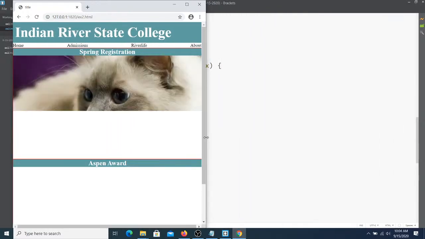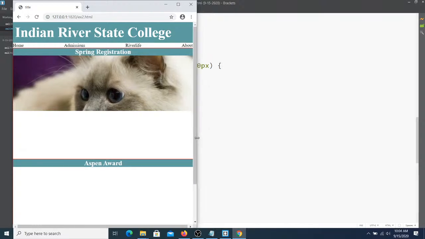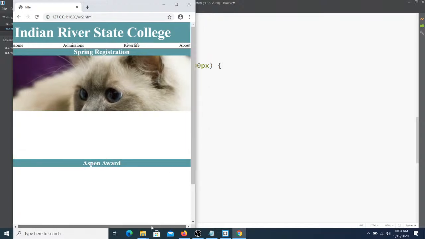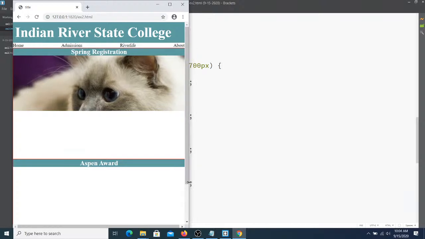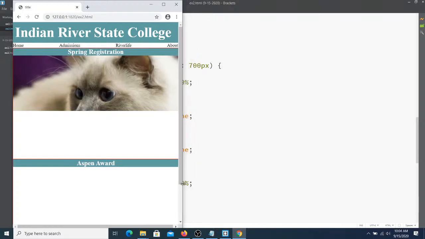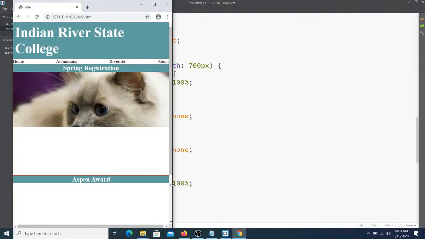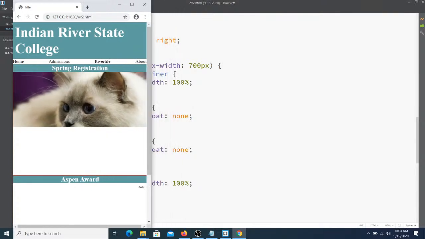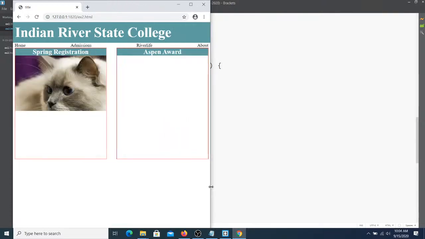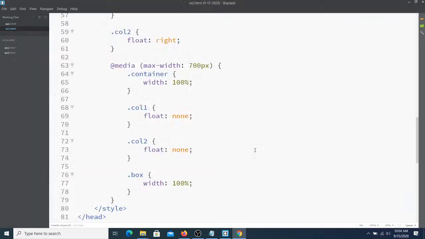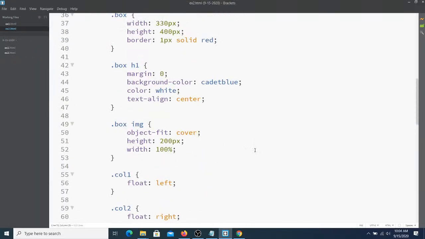And then notice that it still has some scroll bars left and right because we've probably got some stray pixels that we could fix, if we really wanted. It looks like the red is what's causing the problem. That's all right, we could fix that. But you can get the idea. Notice that our navigation is properly collapsing. And same thing, even if we ran out of room for the width here, Indian River State College would properly collapse. I think it's these red borders, and we honestly don't really need them anymore, so